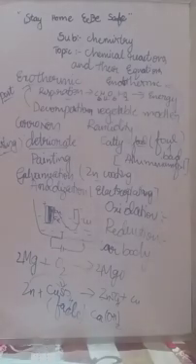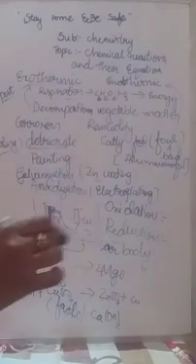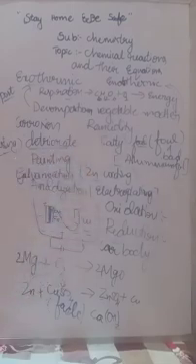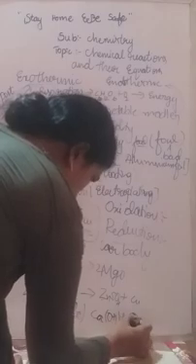Why does it give a shiny color after 1 hour? While painting it does not look shiny. After painting, after it dries up, it becomes a very shiny finish on the wall, right? Why? Calcium hydroxide reacts with the carbon dioxide present in the air. That forms calcium carbonate plus H2O. This calcium carbonate gives a shiny finish to the wall.